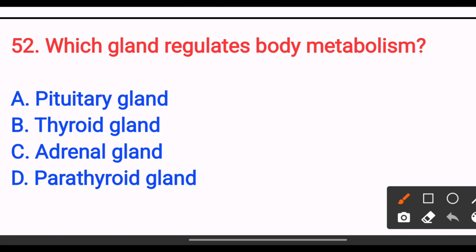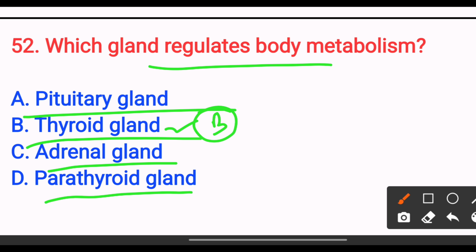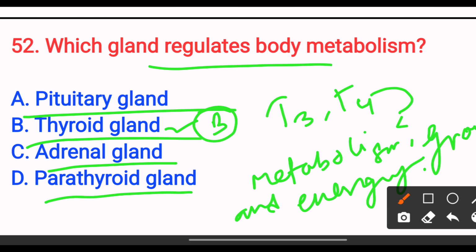Which gland regulates body metabolism? Option A pituitary gland, option B thyroid gland, option C adrenal gland, option D parathyroid gland. The answer is option B thyroid gland, because the thyroid secretes T3 and T4, which control metabolism, growth and energy utilization. So the answer is option B. Next,